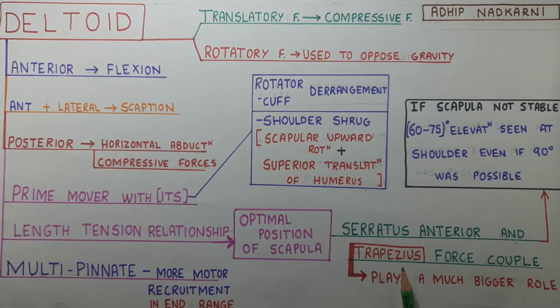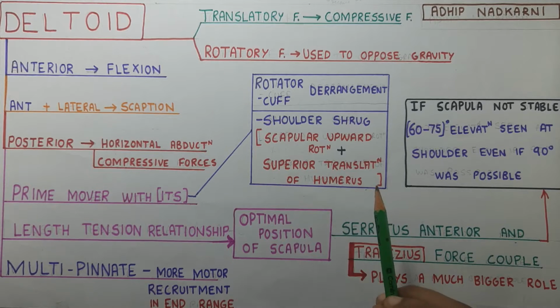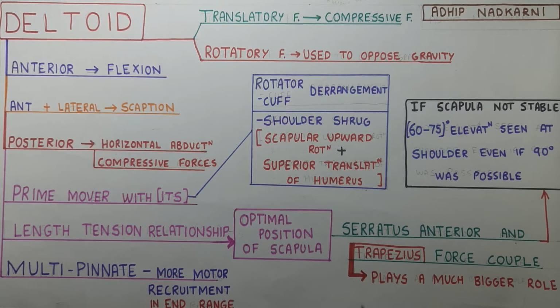Another point I wanted to mention over here, why did I say that trapezius plays a major important role? Because it was seen that when there was a serratus anterior paralysis because of nerve injury, the person was still able to do upward rotation at his shoulder joint, even though his serratus anterior was totally paralyzed. But when your serratus anterior is intact and when your upper trapezius is paralyzed, the person is not able to do upward rotation. So this is why we say that trapezius plays a major role in carrying out the upward rotation. Although serratus anterior is called as the major or the prime mover, right?